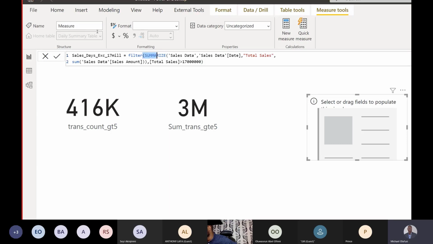I summarized the table day by day and got the sales amount. I now said it should filter that summarized table to show me only records where the total sales was more than 17 million. So now what am I trying to do? I'm now saying,